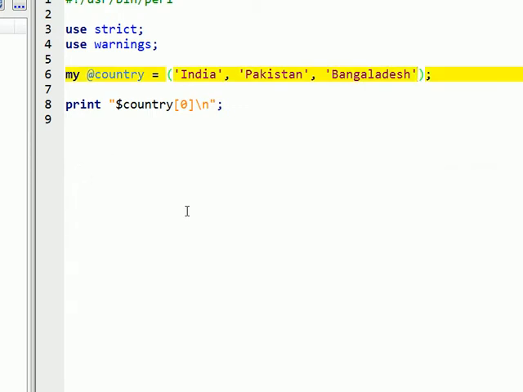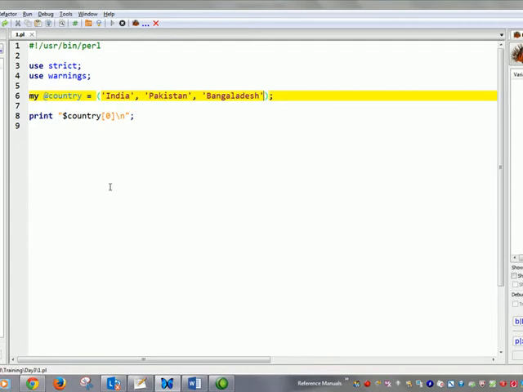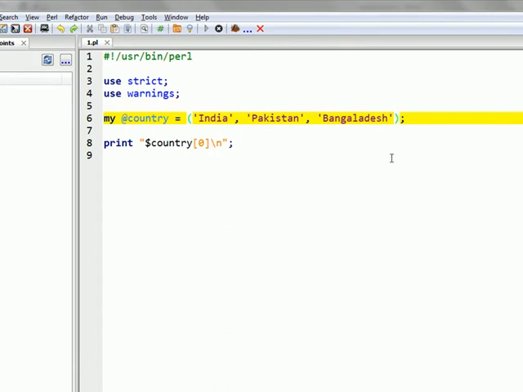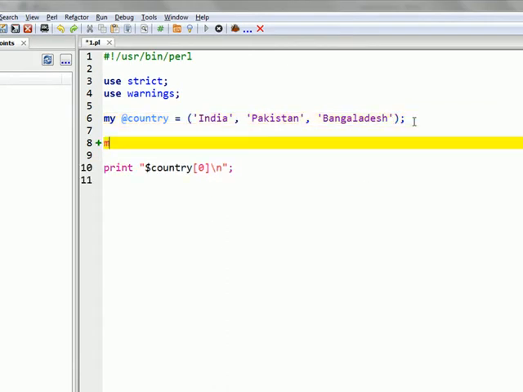Okay. Now how can we do the same thing in a hash? Now a hash is declared in a different way. The sigil for a hash is the percentage sign. My percentage, let me call this hash citizen, is equal to,